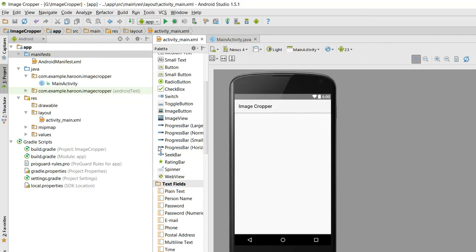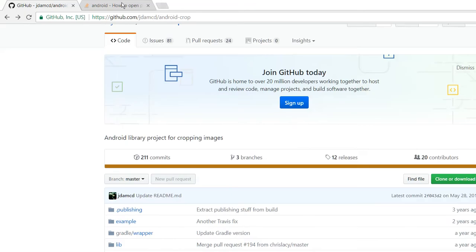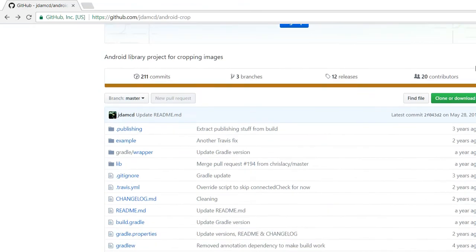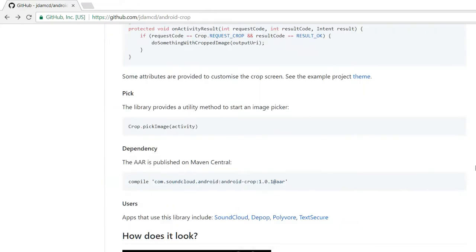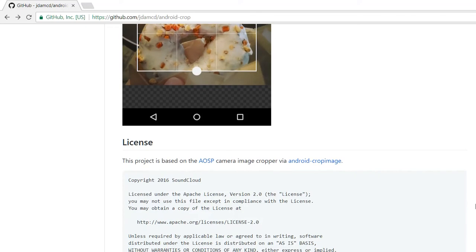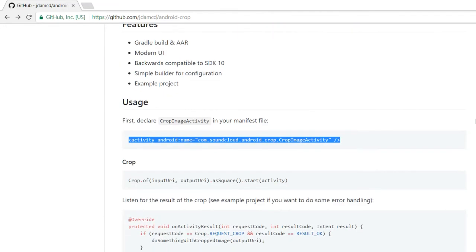To use the API, here is the link. It is developed by JDA MCD Android Crop. It is an API for image cropping. I will upload the link in the video description so you can get it from there. So in order to start, first of all,